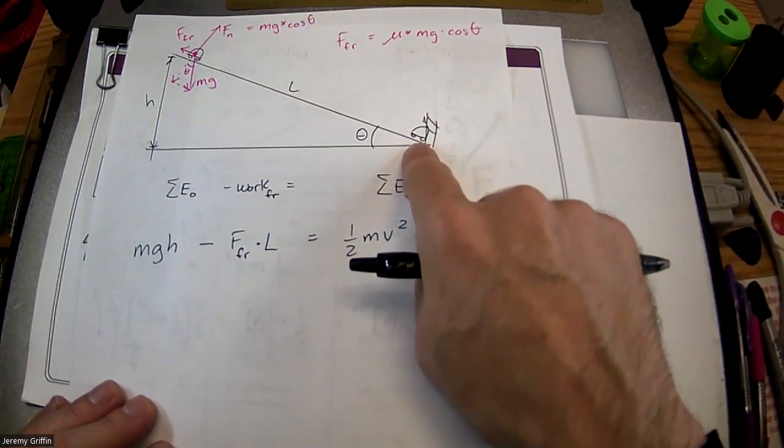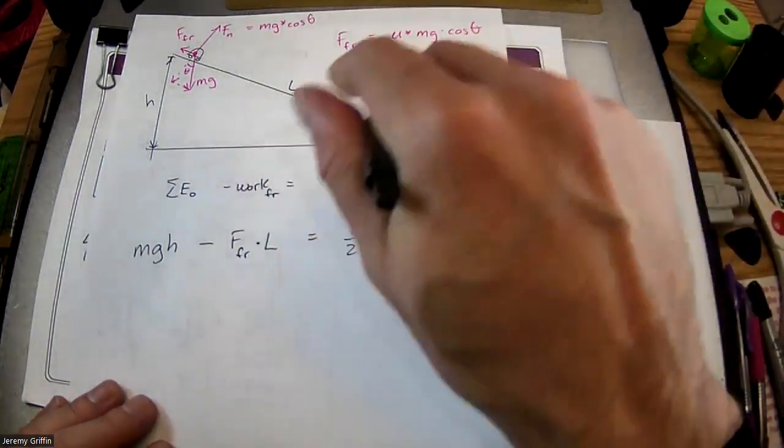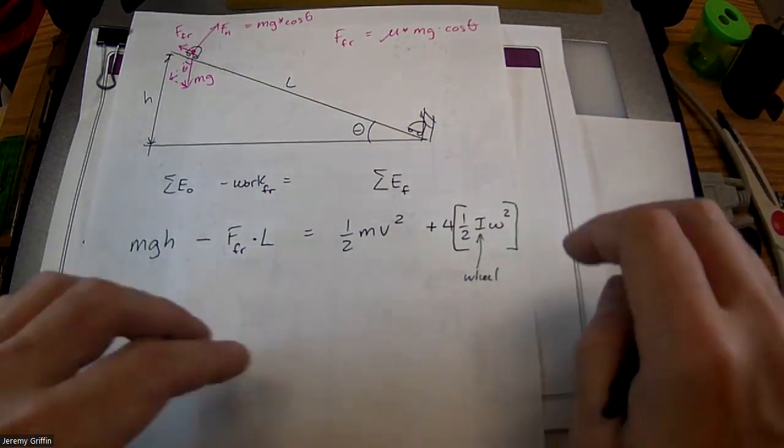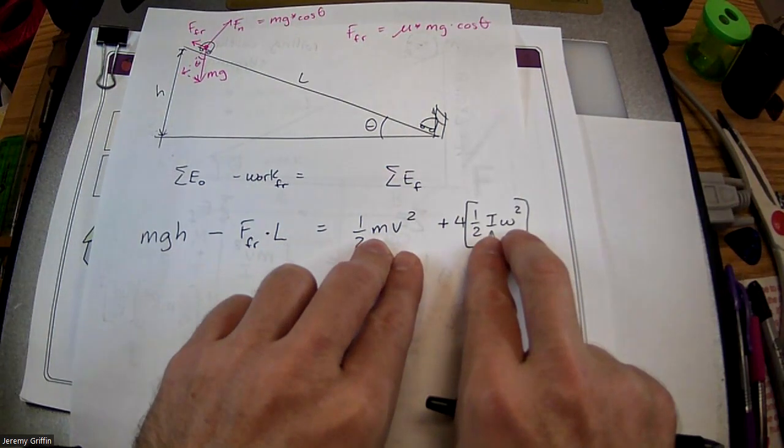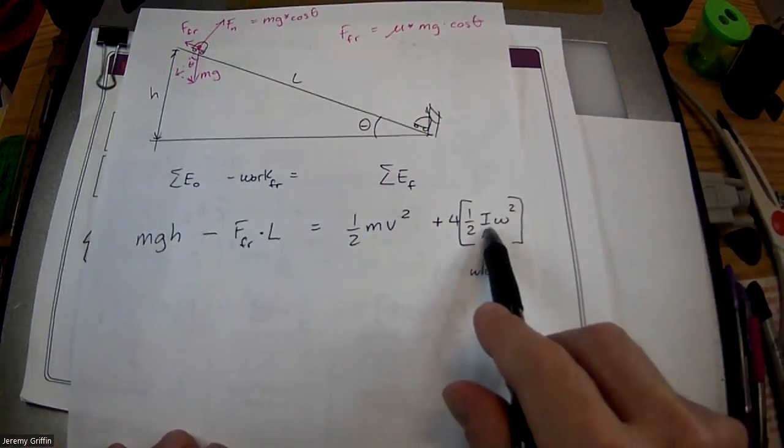You can imagine it has like four wheels on it, right? And those could be rotating. So 1/2 I omega squared is an expression for rotational kinetic energy. So analogous to 1/2 mv squared, 1/2 I omega squared. And each I could be like a